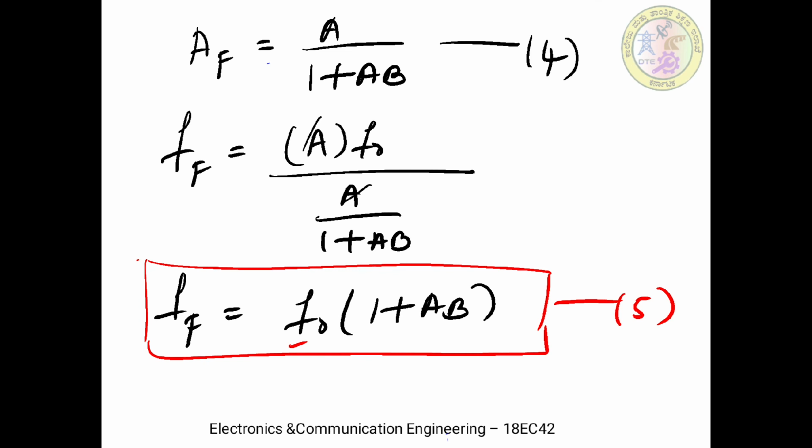So the main features of this non-inverting amplifier with feedback: with negative feedback, gain is reduced. Here in equation 4, by connecting the feedback, the gain obtained, which is called the closed loop gain, is reduced because A is divided by the 1 plus AB term. What is A? A is the gain of the open loop amplifier. That open loop gain A is now reduced by a factor 1 plus AB.